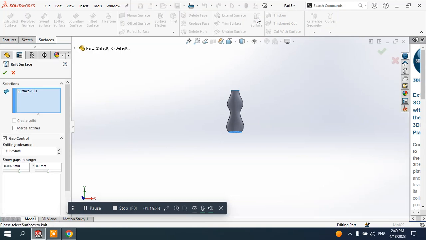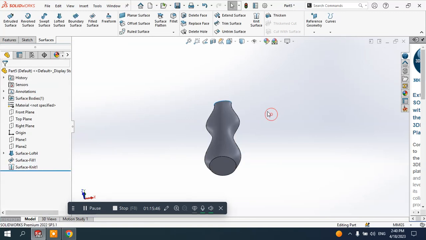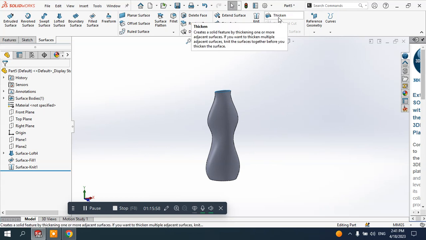So select here the knit surface and just select here this surface and this surface in the bottom, and you see here the two surface elements are selected in the menu, and just click OK. So I just combined these surface elements. After combining, then you can convert the element to the plastic element, give the thickness using the thicken. So let's do this. So click here the thicken,